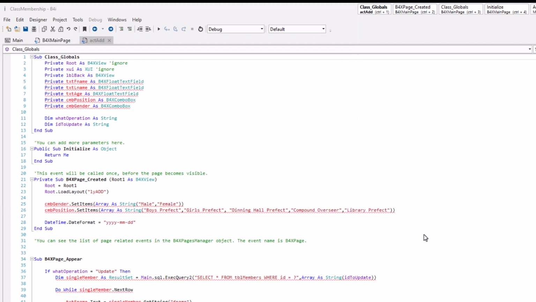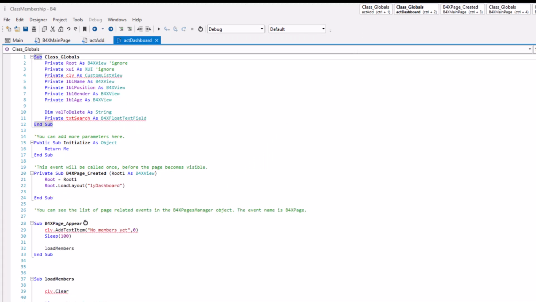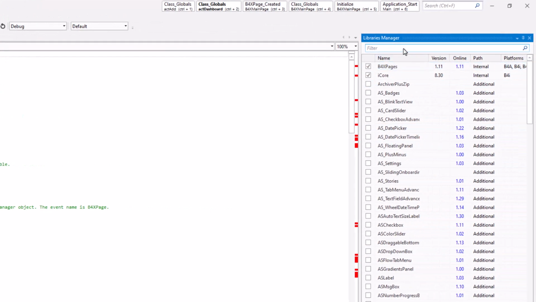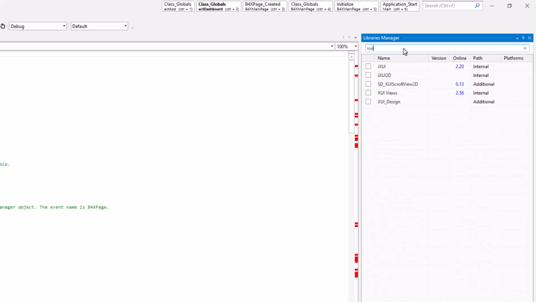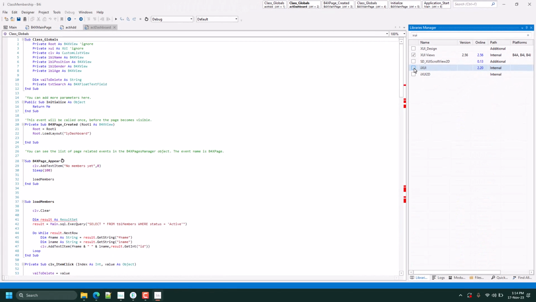I'll also link. Okay, always remember to add the library before you go to the designer, because if you've not linked the library, its component may not be copied when you copy the layout from B4A to B4I or any other platform.